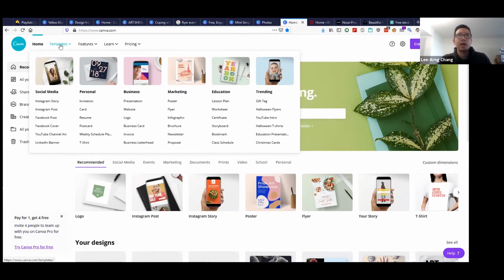Other strengths of Canva: it has lots of different functionality. It's pretty user-friendly, with lots of customization, and templates again. There's a library of images, graphics, and icons that you can utilize as well.